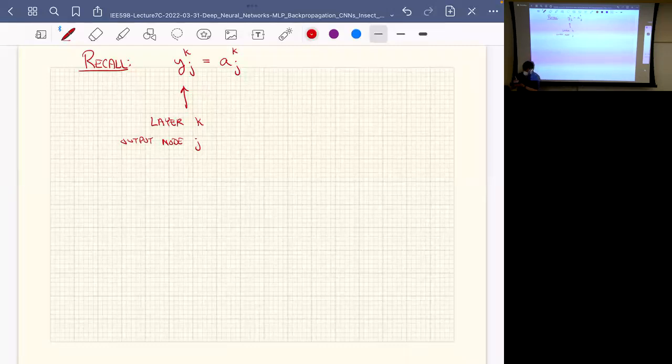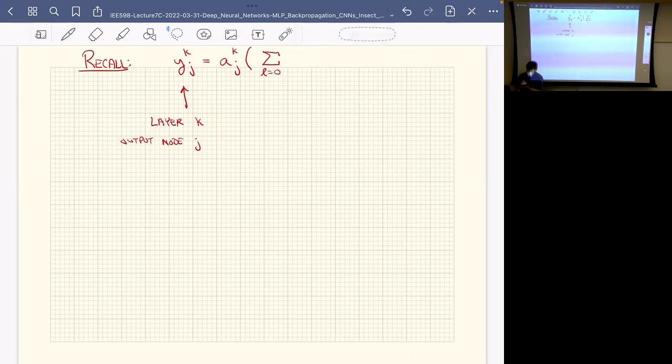And it takes, in its argument, the weighted sum of the outputs from the layer beforehand. So I can then write this as the sum of, I'm going to use L, from L equals 0